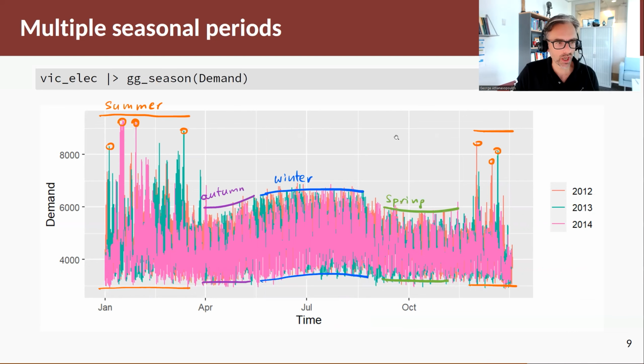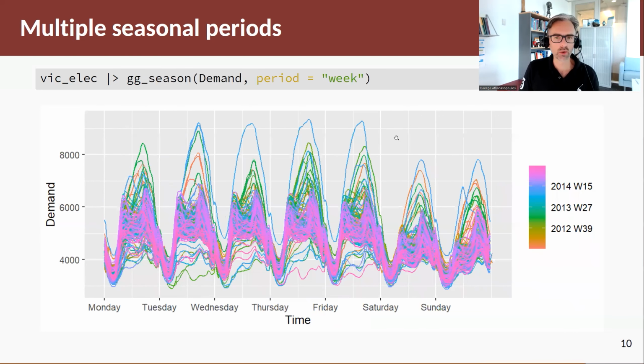Let's move on to our next season plot and now look at time of the week. Okay, so we have 7 days in the week. We have Monday, Tuesday, Wednesday, Thursday, Friday, Saturday, and Sunday in the weekend. So the first thing that should jump out to us is that the weekend demand is lower than the weekday demand. Okay,